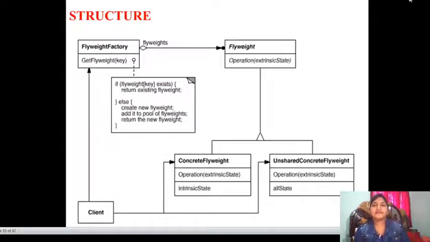So next, structure. Flyweight factory, product classes. The flyweight factory depends on the flyweight. Again, the flyweight is nothing but the concrete flyweight, which is the shared flyweight and the unshared concrete flyweight. There are two ways: one is sharing and the other is unsharing. Sharing is defined by the flyweight, and the flyweight mainly depends on the flyweight factory, which is accessed by the client, and the operations follow a key to get the flyweight, and in the flyweight there is an extrinsic state to be performed as an operation.